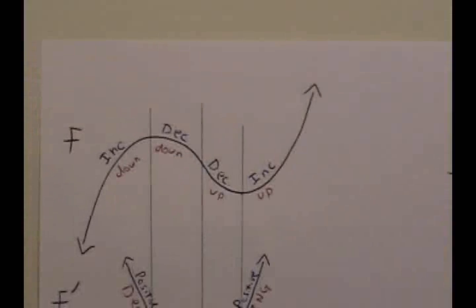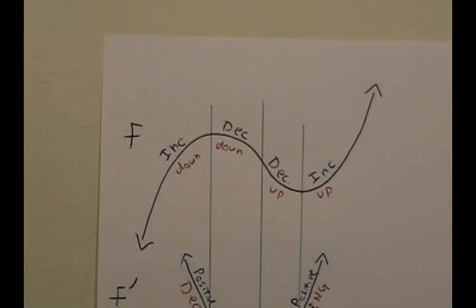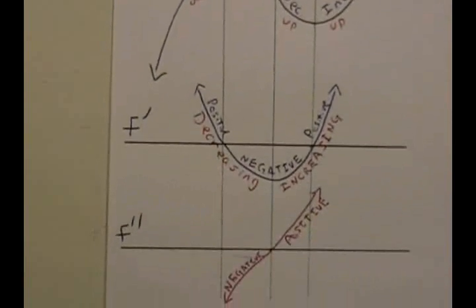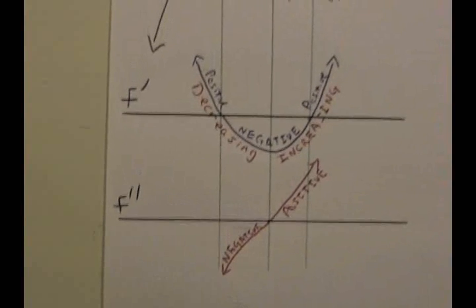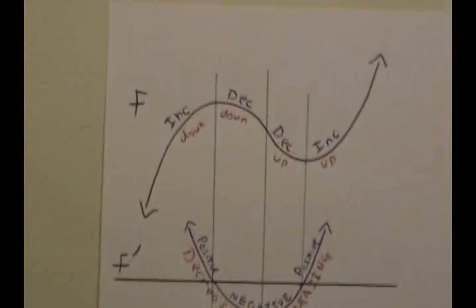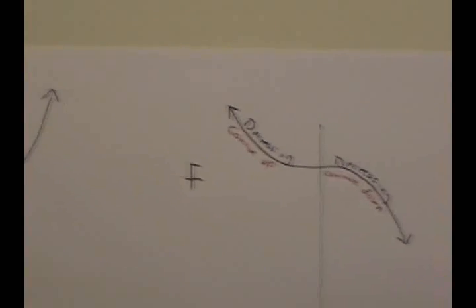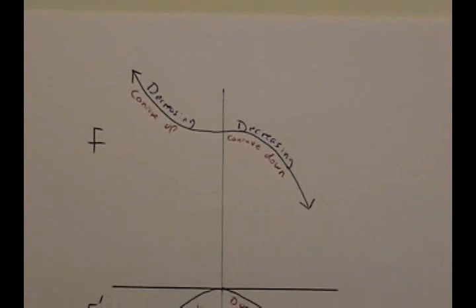Here's a tip. If you understand that a function is increasing where its derivative is positive, and it's decreasing where its derivative is negative, and if you can understand that a function is concave up where its derivative is increasing, and concave down where its derivative is decreasing,